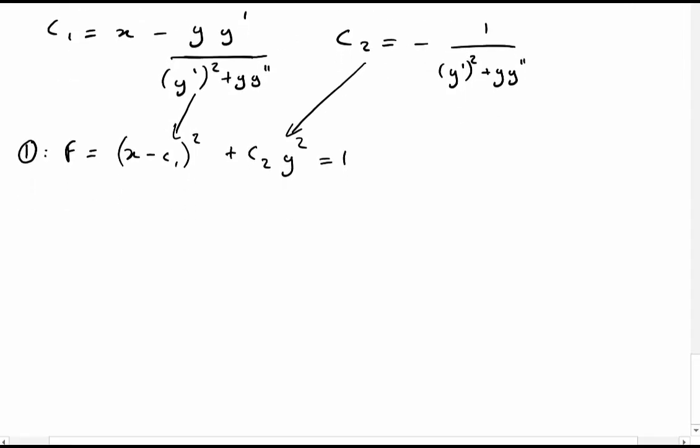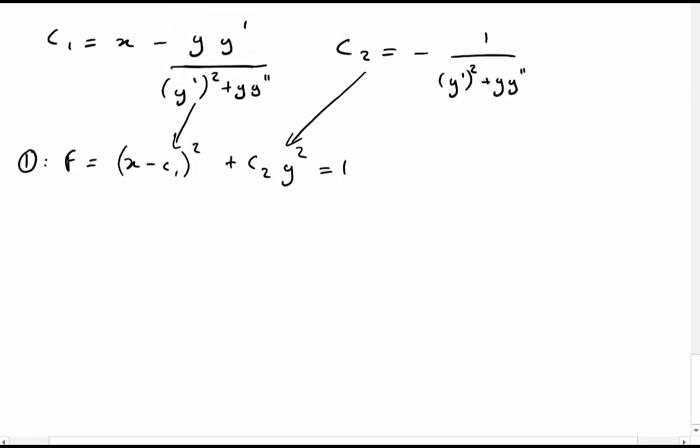As long as you end up with an equation that has derivatives in and functions in, then you've found the differential equation. Okay, so let's have a look at this. You may even find that there'll be cancellations and you get the same differential equation out. But let's have a look at this. So this is x minus c1, which was x minus y dash, y dash over y dash all squared plus y double dash